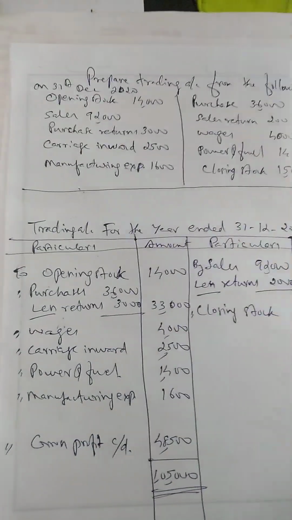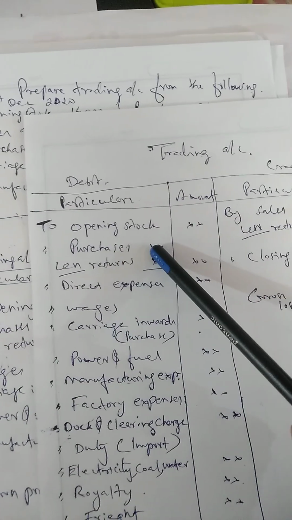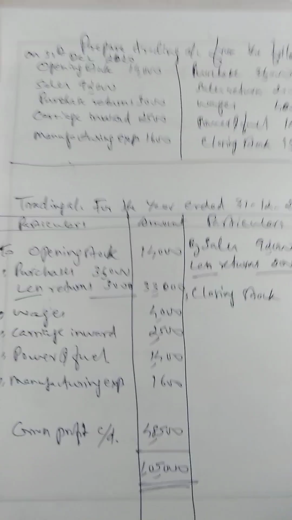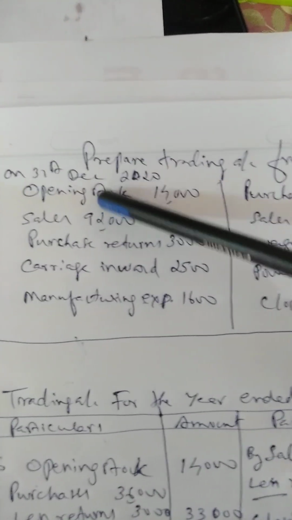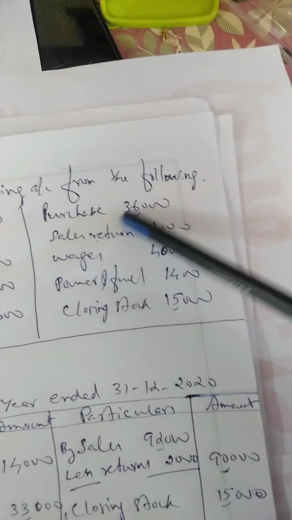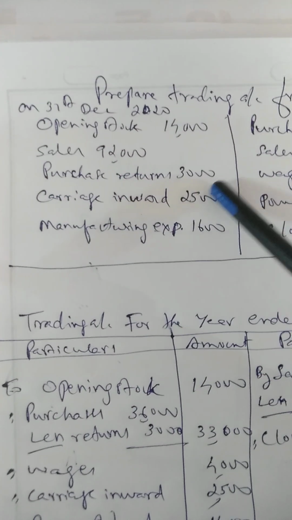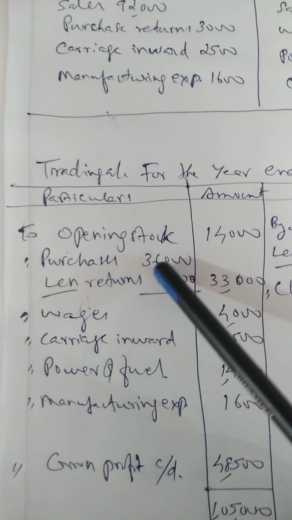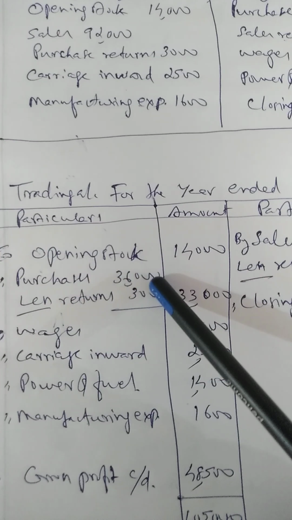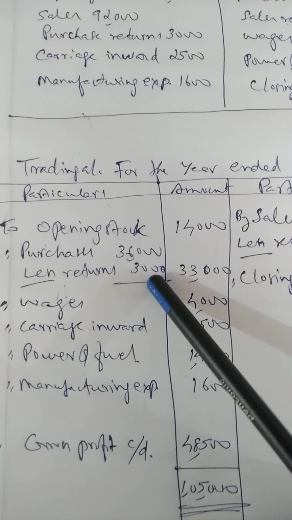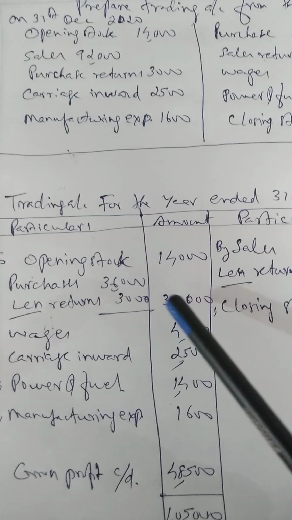Okay. What is the next item in the trading account? It is purchase. Look at the format. It is purchase, and if there is purchase return, that is to be deducted. So we have to look into the question. Where is the purchase? See, purchase is here. Purchase 36,000 is here. So we write purchases 36,000. Okay, and the purchase returns 3,000 is also here. We have to deduct this purchase returns from purchases. Okay, so purchase 36,000 is written here in the inner column. Then less returns, purchase returns is deducted, 3,000 is deducted, and the residual amount of 33,000 is shown on the